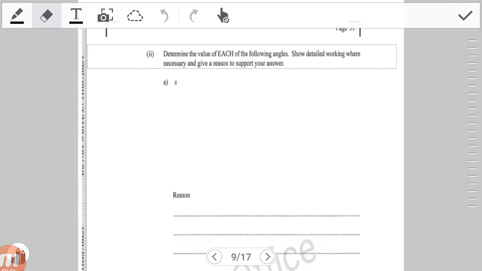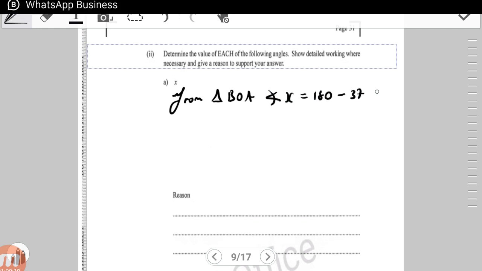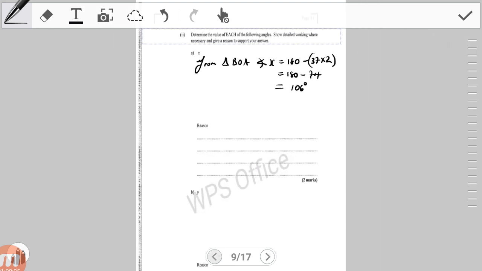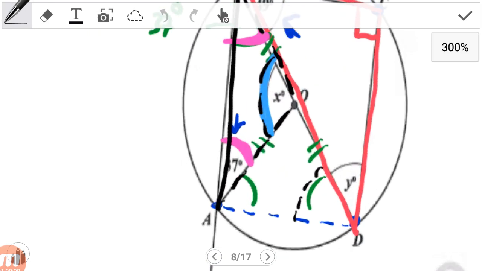So we can safely say then that from triangle BOA, angle X is equal to 180 minus 37 plus 37, or 37 times 2. All right, because there's two of them, so it's 180 minus 74 degrees, and you're going to find that that angle is 106 degrees right in the center there. So the angle that is marked at X here is